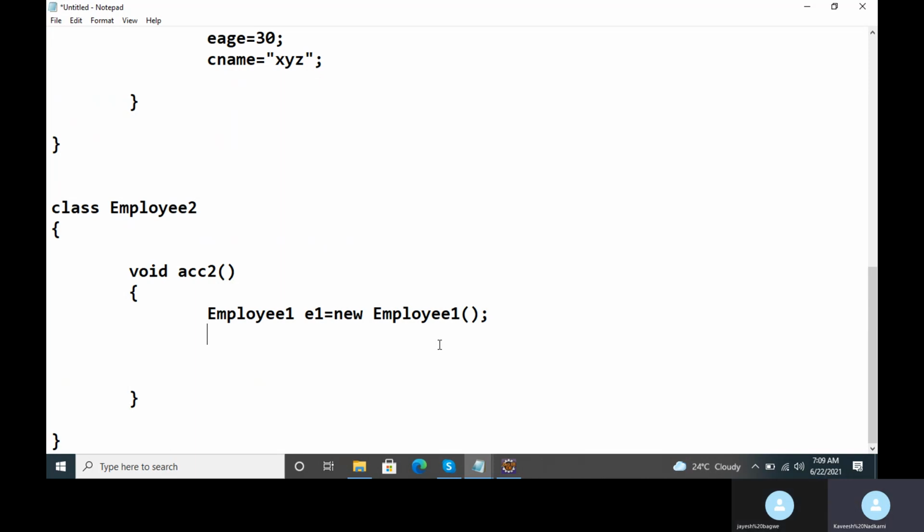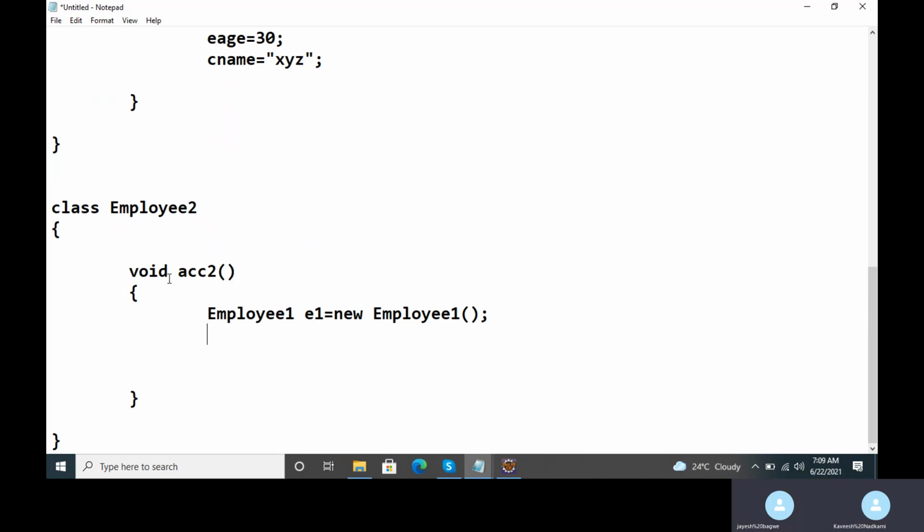Our main focus should be that when I am inside another class, I should not be able to directly access the data members of one of the object of another class. So I'm inside employee 2 now. So I should not be able to directly access the data members for E1 object, because E1 is an object of class employee 1.